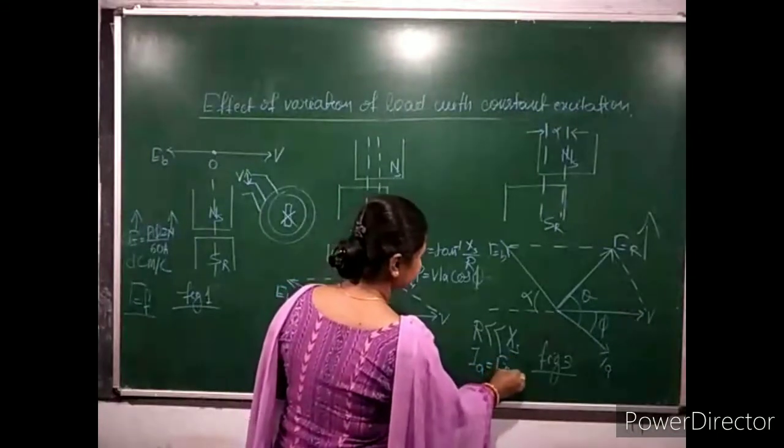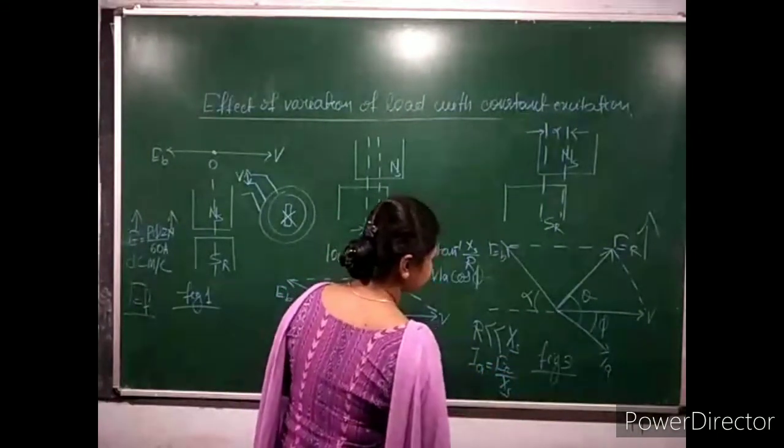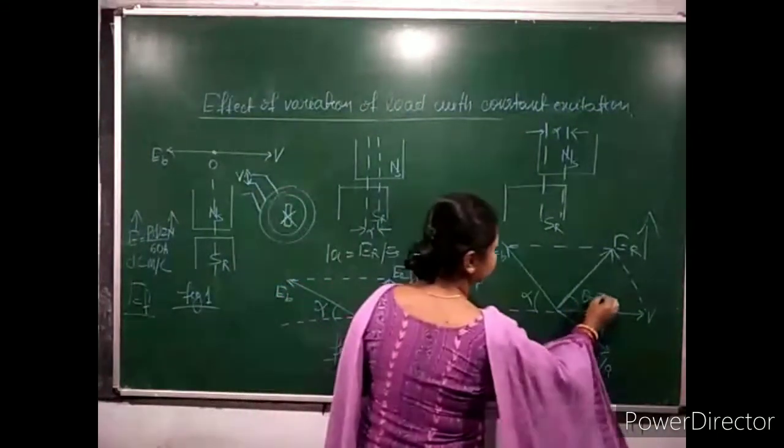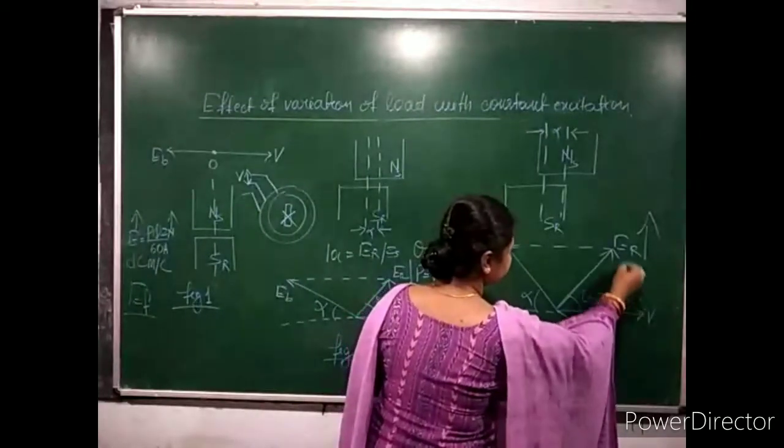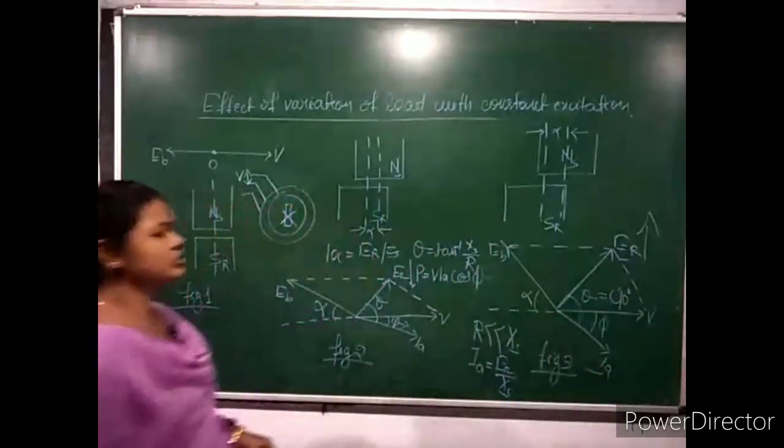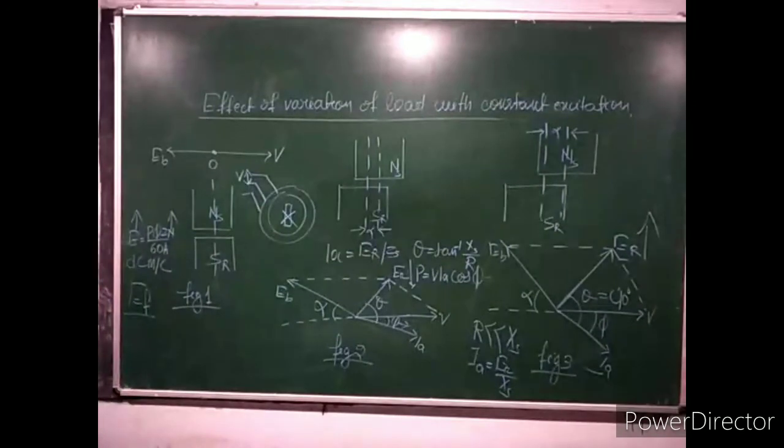Current equals ER by Xs, and the phase angle between ER and IA is almost 90 degrees. So the motor power factor of the load is cos phi here. Hence the mechanical load of the synchronous motor can be increased without affecting the speed, but by shifting the relative position